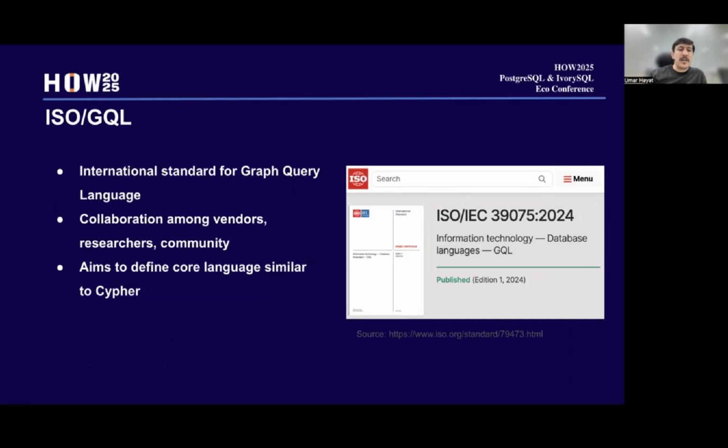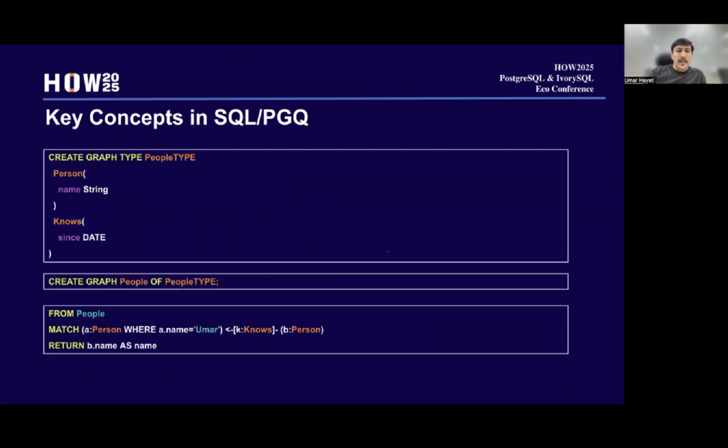The other standard was GQL, which is totally focused on the graph query language, separate from SQL, and it was released in 2024. If you want to see the syntax of GQL, what you can do is create a graph type and define a schema, and based on that schema you can create multiple graphs. First you define a graph type, for example saying this graph should have these kinds of vertices, these kinds of edges, or these kinds of labels.